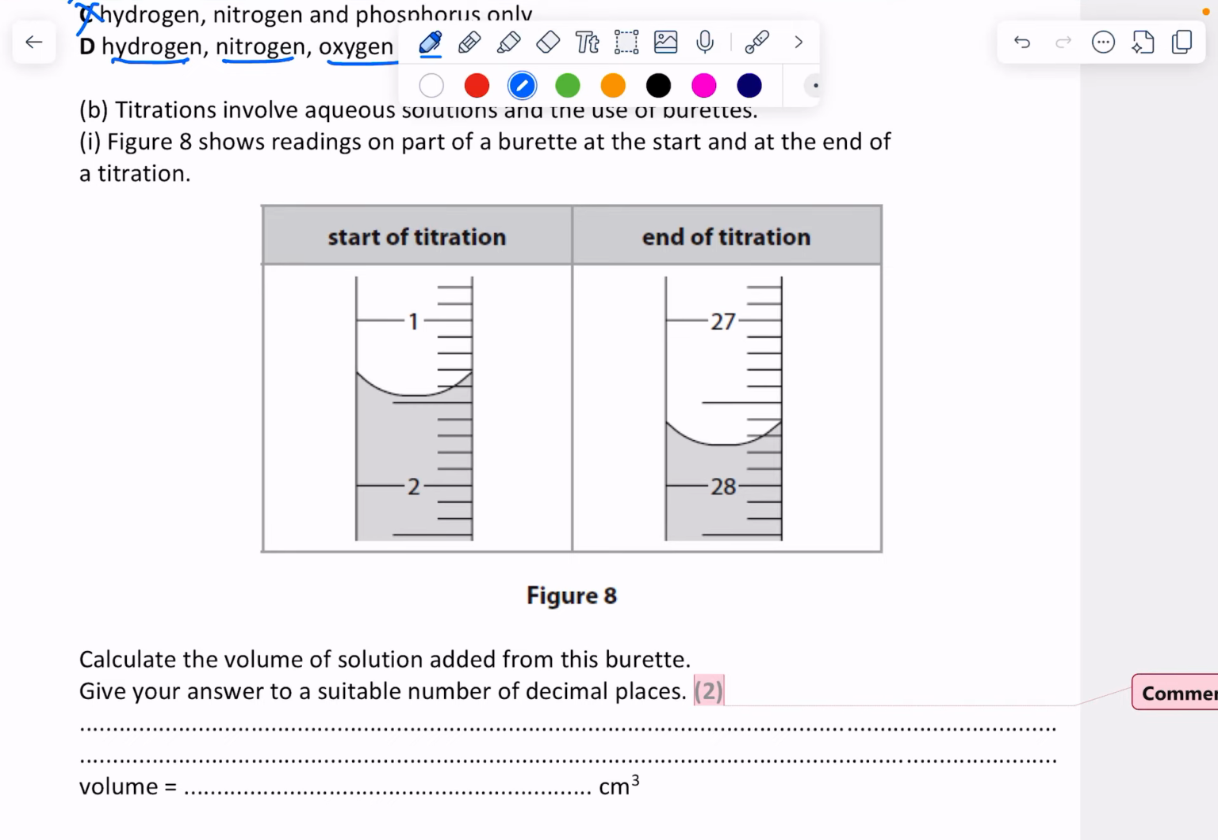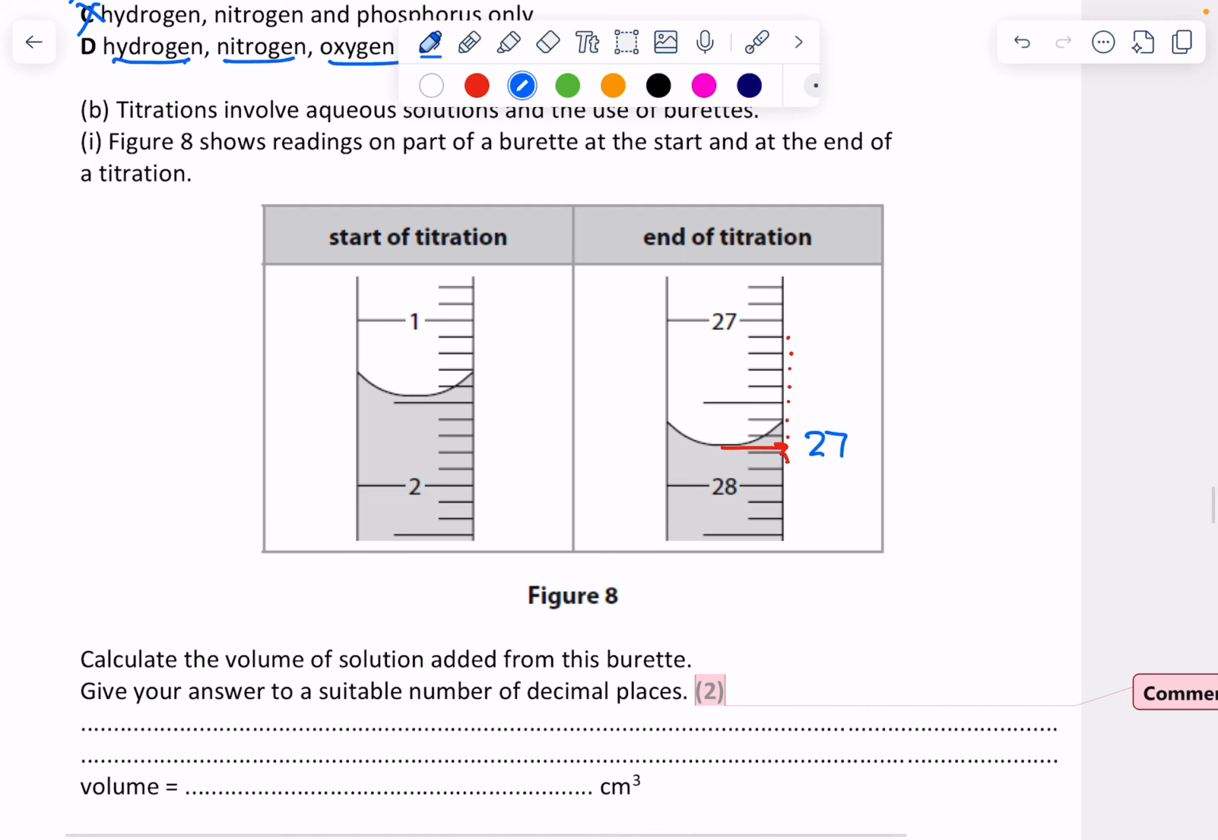So to do this one, what we're going to do is take some measurements from the scales. If you look at the bottom here, we always read from the bottom. That's kind of not quite on the mark. So this is going to be 27, and then you've got point 1, 2, 3, 4, 5, 6, 7. But that's halfway between 7 and 8, so it's going to be 5. So this volume here is